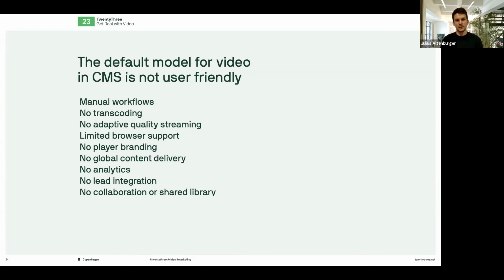Player branding has required a lot of technical knowledge around it. Global content delivery was a challenge, but also very much the analytics side, where you wouldn't get a full view of your analytics, lead generation, and less collaboration and shared libraries.